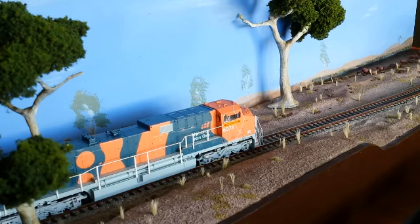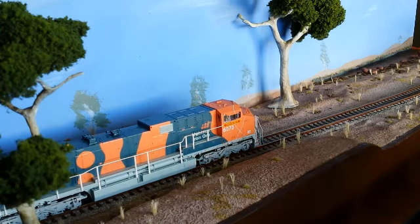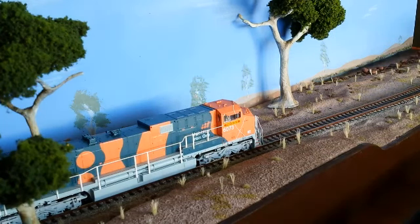The bushes, or the little grass tufts you can see, that's just old paintbrush. Cut that up and use a bit of white glue to stick it down. And they were, believe it or not, more of a strawy looking colour. So I just mixed up a little bit of acrylic green and watered it down, and then just dribbled a little bit of it down the stems of the grass tufts, just to give them a little bit of a green tinge down the base and a light straw